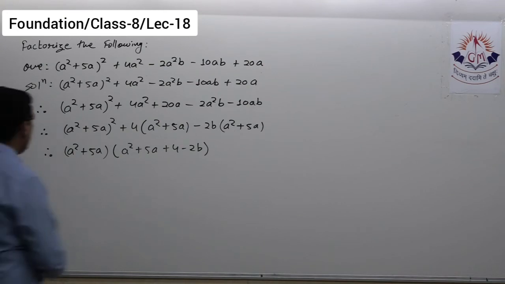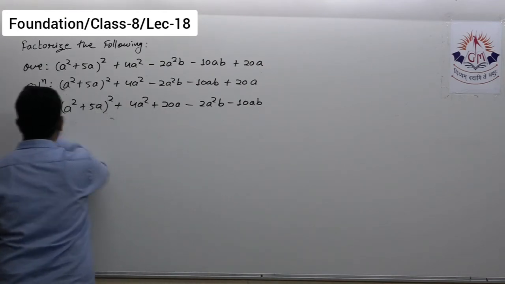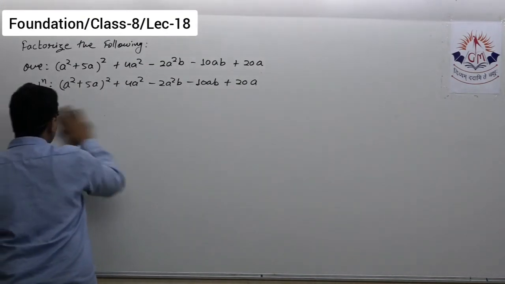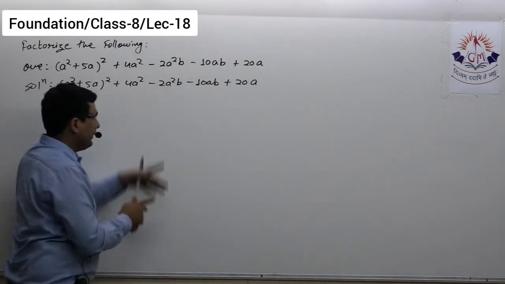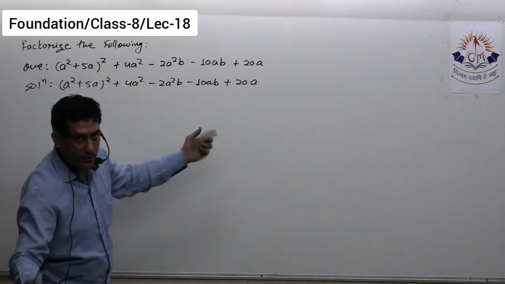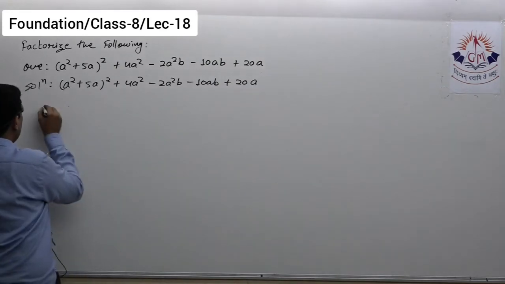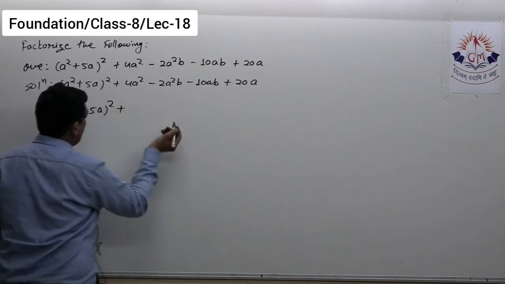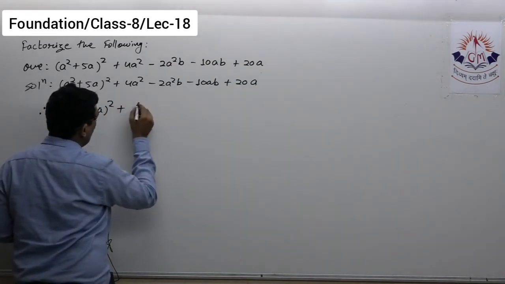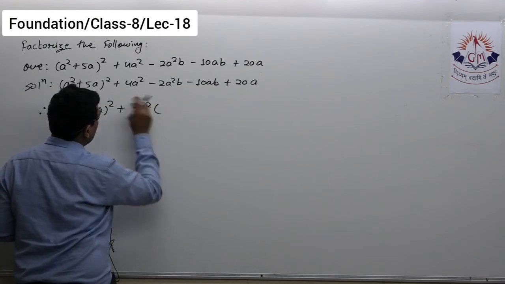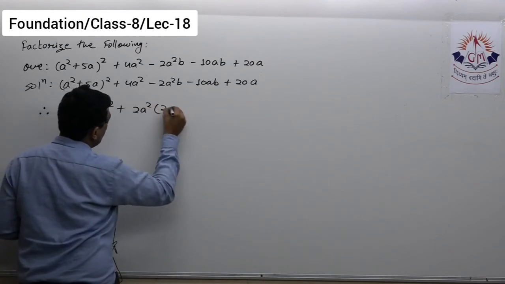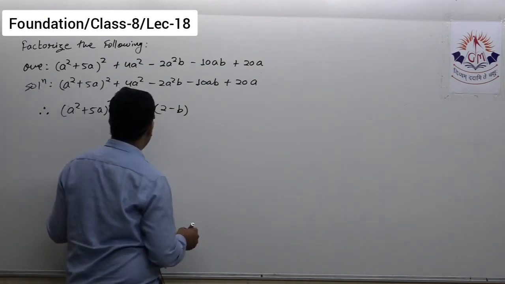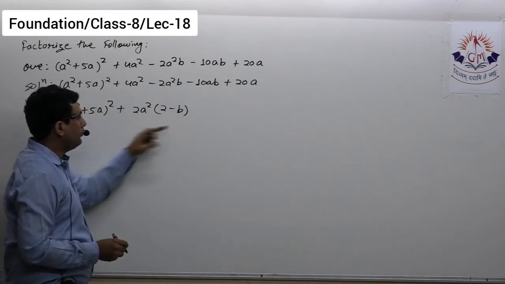Okay, so before I proceed to the next question, let us try to solve this by a different method. That means without arranging, see these two have something common. Also, these two have something common. So if I start with that only, let me see if it is possible to find its factors further or not. See, these two have common 2a square, isn't it? If I take 2a square common, here I get 2 minus b.